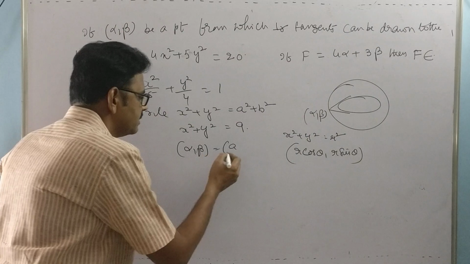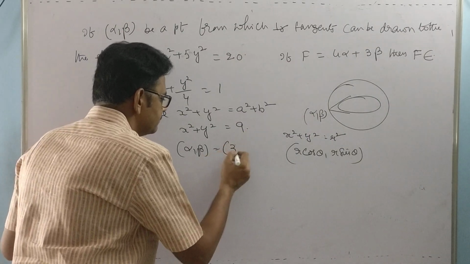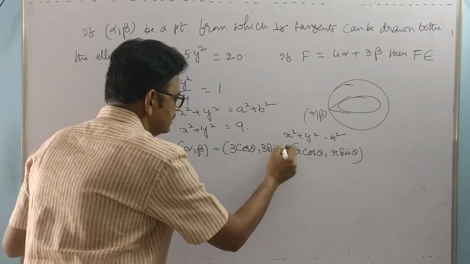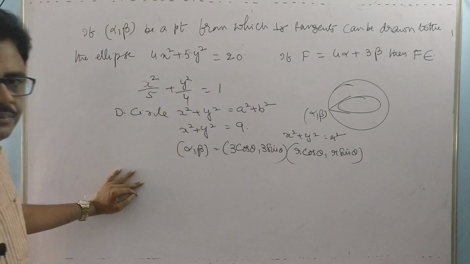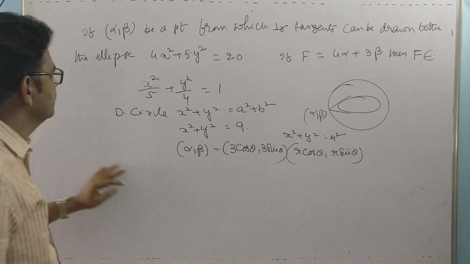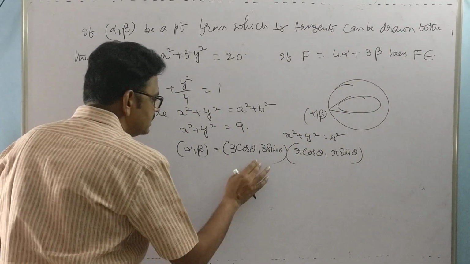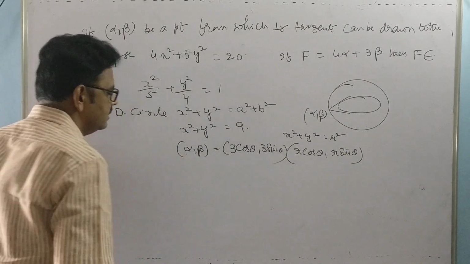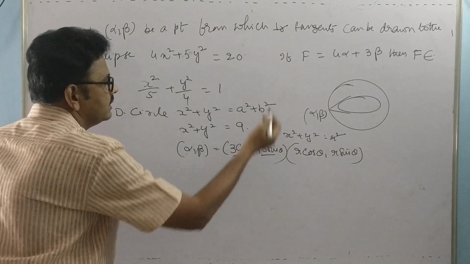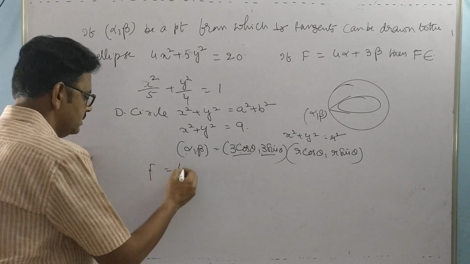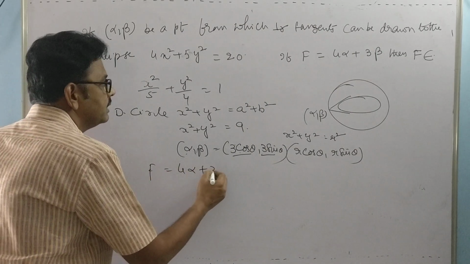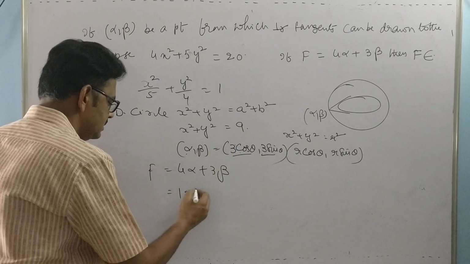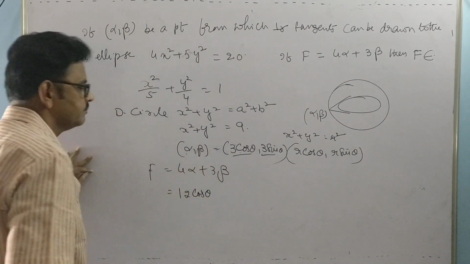So what about this one, alpha comma beta? This is 3 cos theta and 3 sin theta, the parametric coordinates. Alpha comma beta lies on it, where alpha is this and beta is this. What is f equal to? f is 4 alpha plus 3 beta. 4 into alpha, that is 12 cos theta, and plus